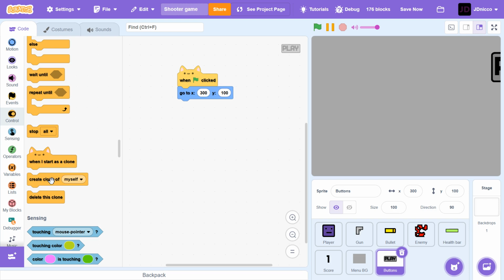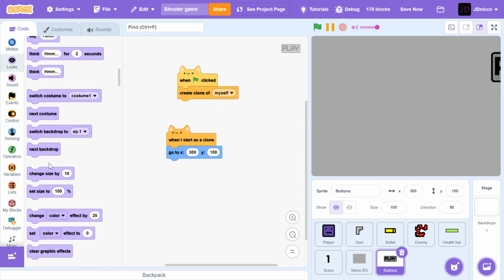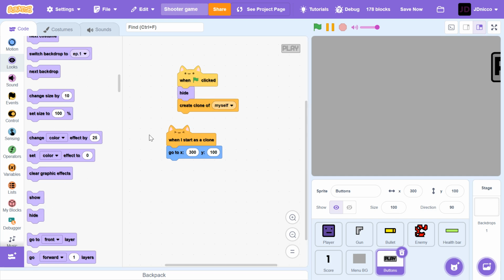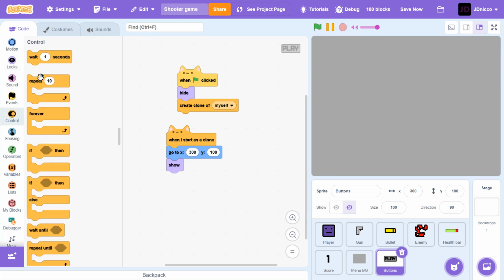Actually, instead you will be making a clone, and before that you will be hiding it. Then when it starts as a clone, it will go to an X of 300 and a Y of 100, and then after it shows,